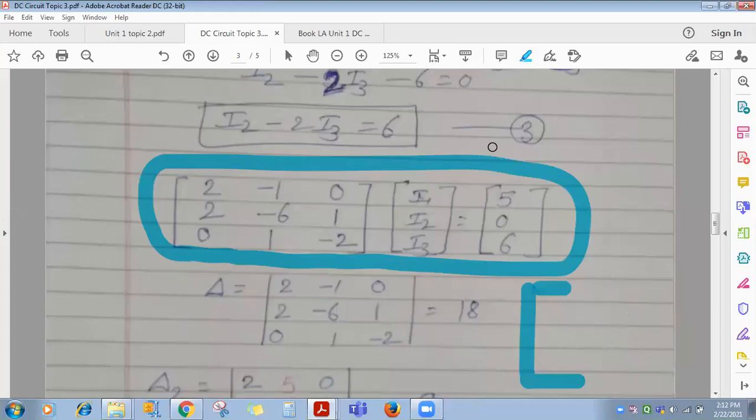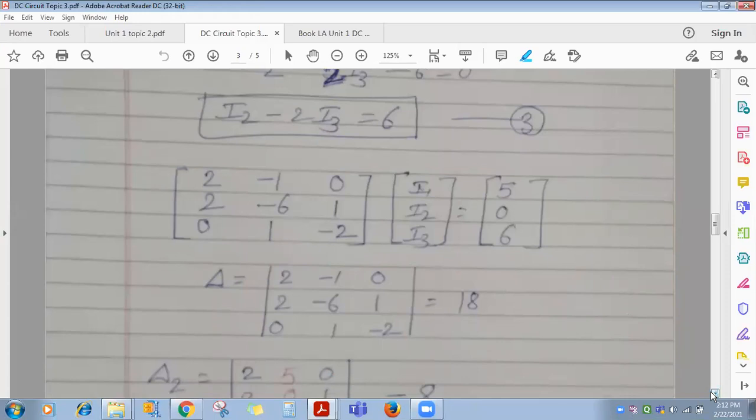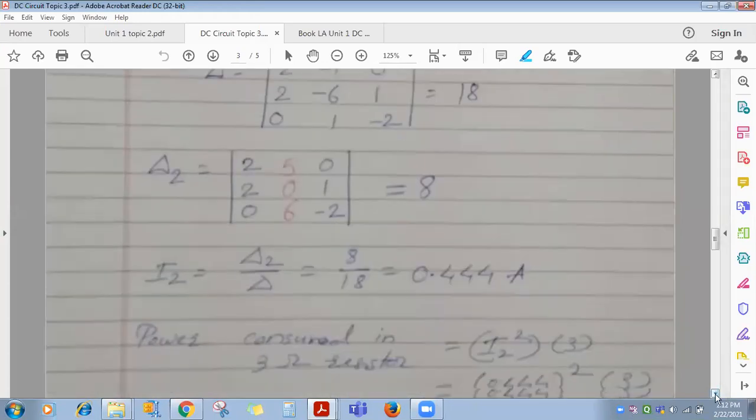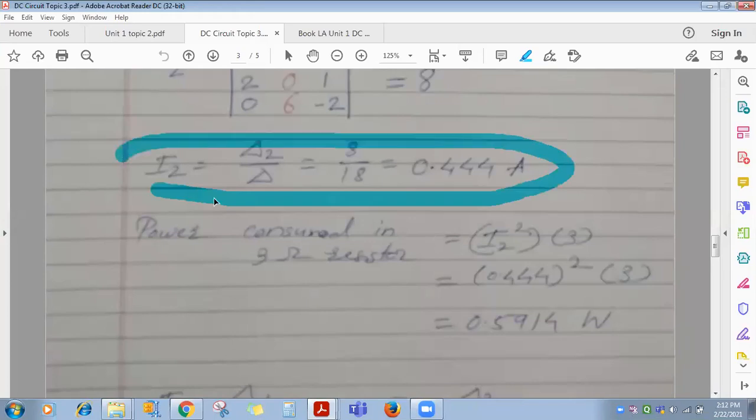So how to solve the sum using Kirchhoff's law? Is this clear? Yes, ma'am. So next time I'll give you one more numerical. Everyone has to solve it in your notebook. Okay? Keep your notebook and pen ready for every BEE lecture. Each and every numerical you have to solve. That's why I am taking this numerical slowly. And one more thing, we got the current as 0.444 ampere.